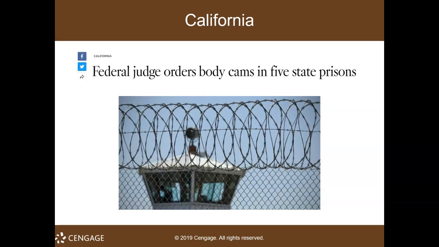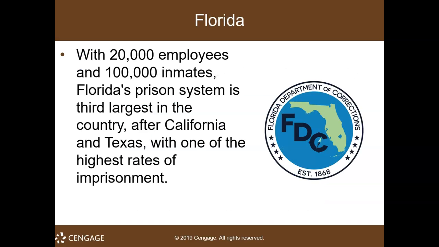And then at one particular point, federal judges ordered body cameras to start being used in 5 different state prisons as a result of misconduct. So again, while a lot of things go correct in the environments here in prison systems, there are times where there's going to be abuse and officers overstepping their bounds, etc. And you can see some of the outcomes here.